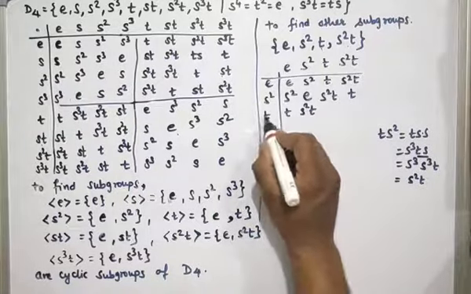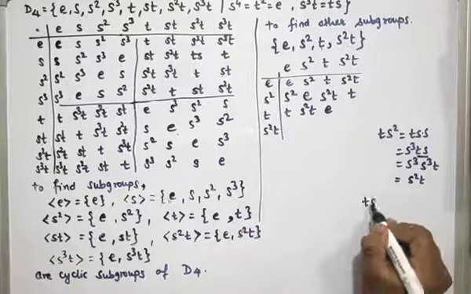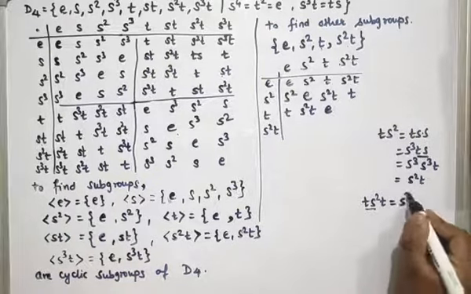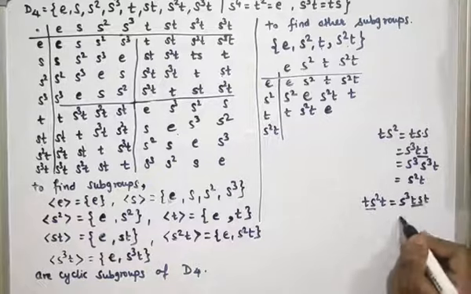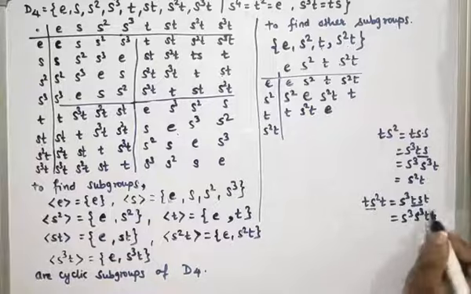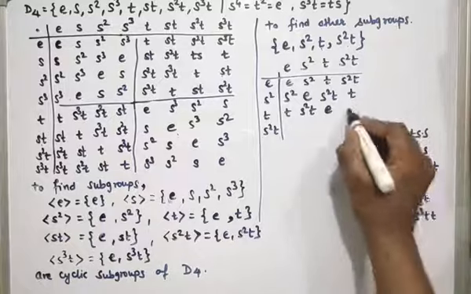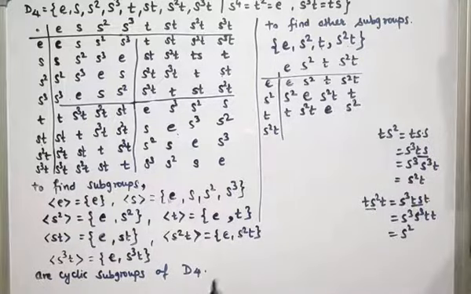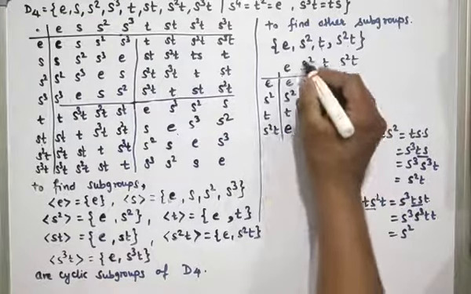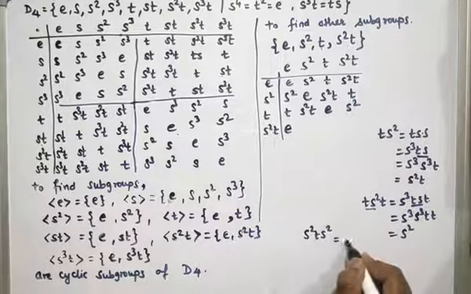Now next multiplication, T into T square, which is identity. Now T into S square T. TS has value S cube T into S T. So again, this TS has value S cube T into T. Yes, S raised to 6 means S square, and T square is identity, so which is again S square. Now S square T into identity, so identity. So S square T into S square, which is nothing but S square.